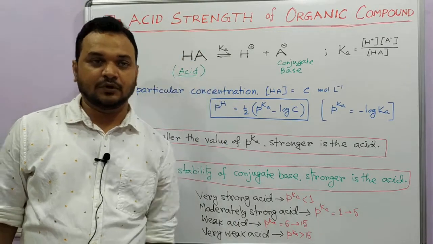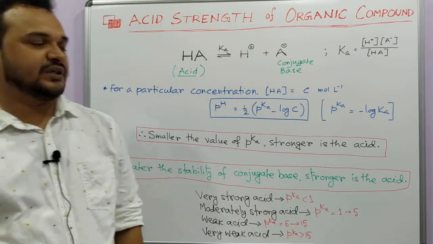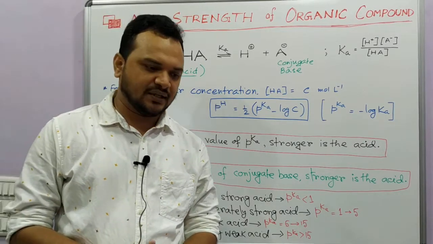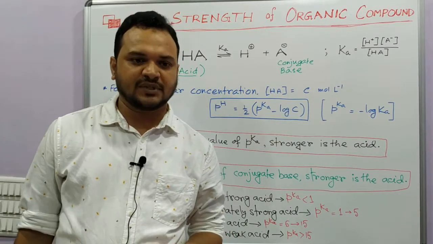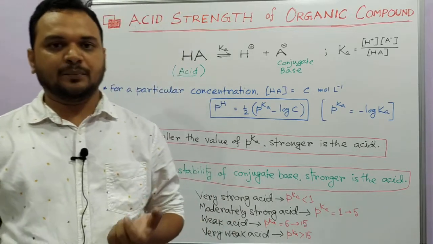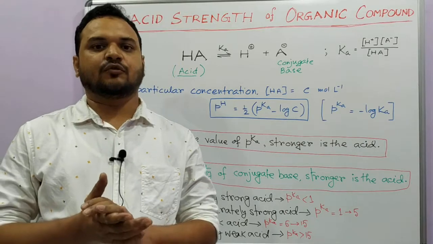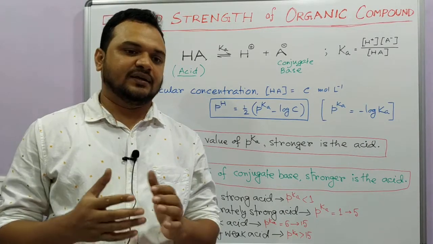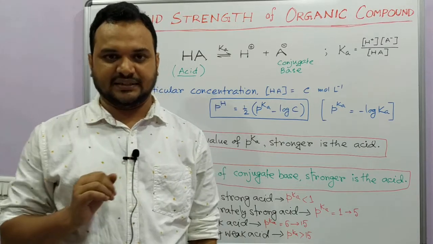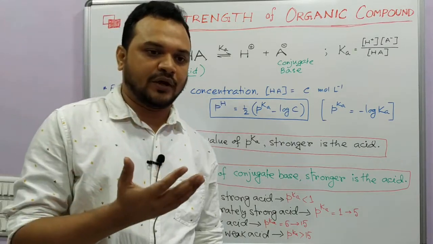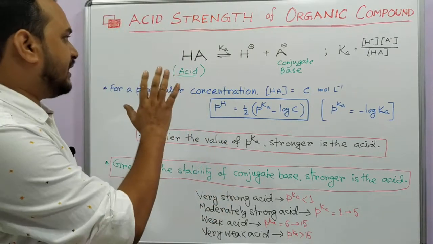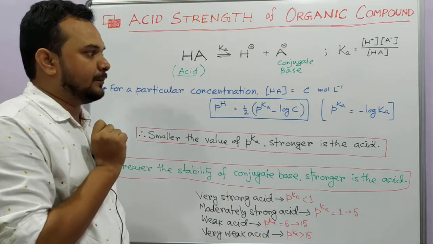You can see in the board that acid strength of organic compounds, right? Very often you encounter questions where some organic compounds are given and they ask for the order of acidic strength. So we must know on the basis of which factors we can determine which organic compound will be more acidic, which will be less acidic. Okay. So before going to the hardcore organic chemistry, first we have to learn on what basis we compare two